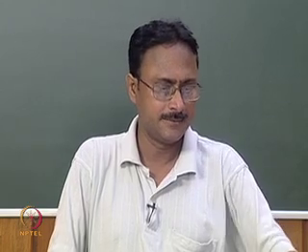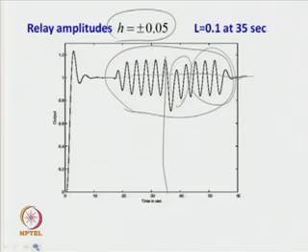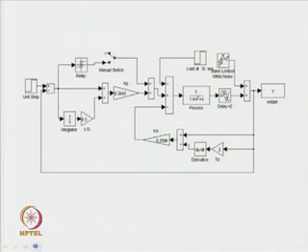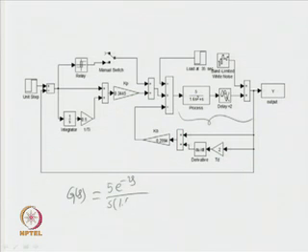Next, we shall see another simulation diagram, which is the same simulation diagram we have used for considering the identification and control of second order plus dead time integrating process. The integrating process dynamics G s is known to us, that is 5 e to the power minus 2 s upon s times 1.6 s plus 1. So, this is the G s we have got and the same controllers are used here,